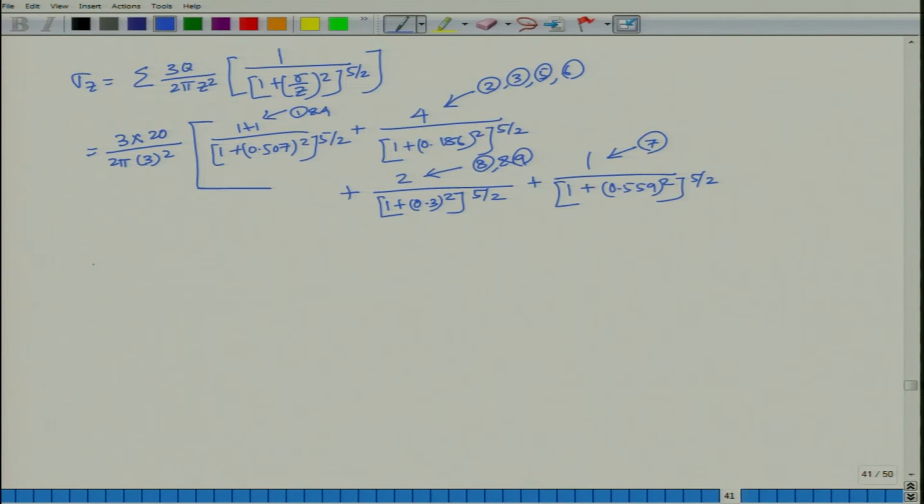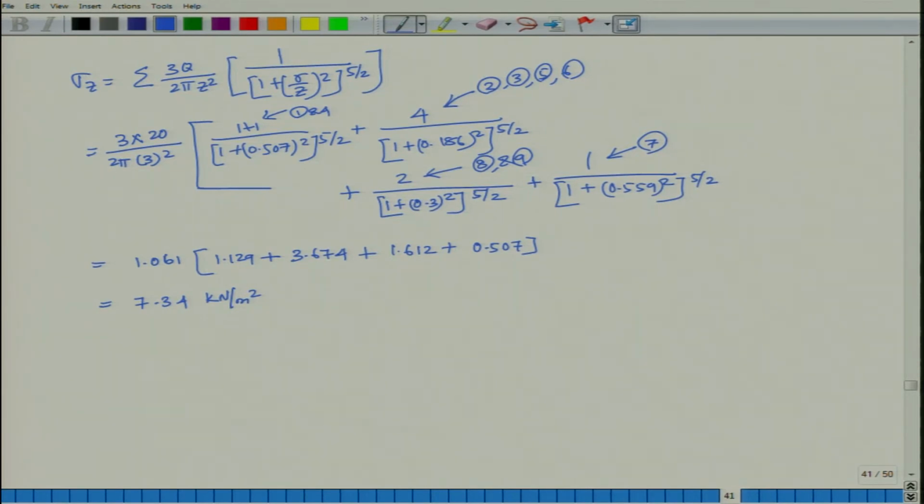So, then it comes out to be 1.061 into 1.129 plus 3.674 plus 1.612 plus 0.507. This comes out to be 7.34 kilonewton per meter square. So, this is how you can solve